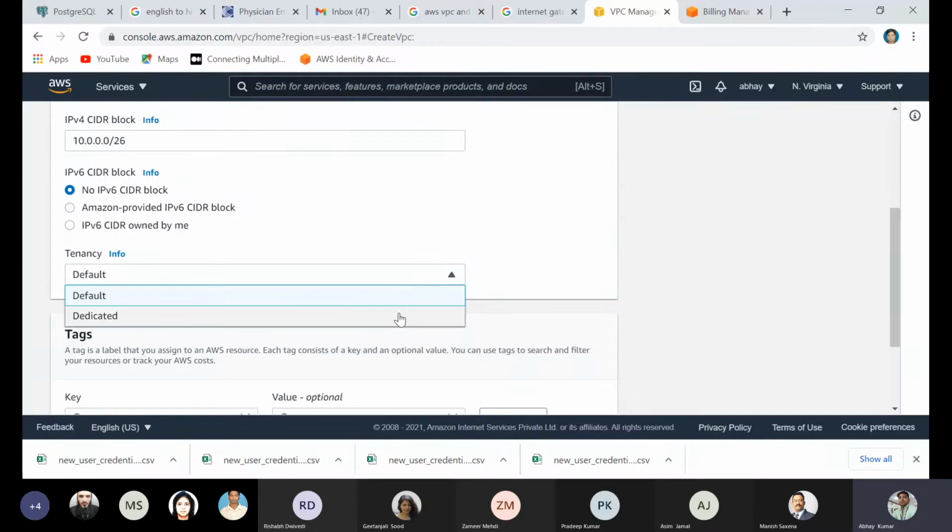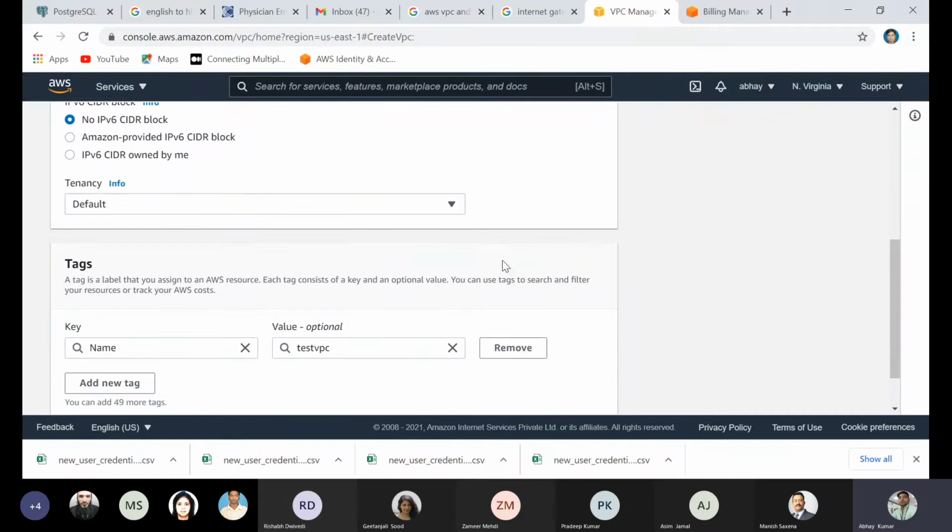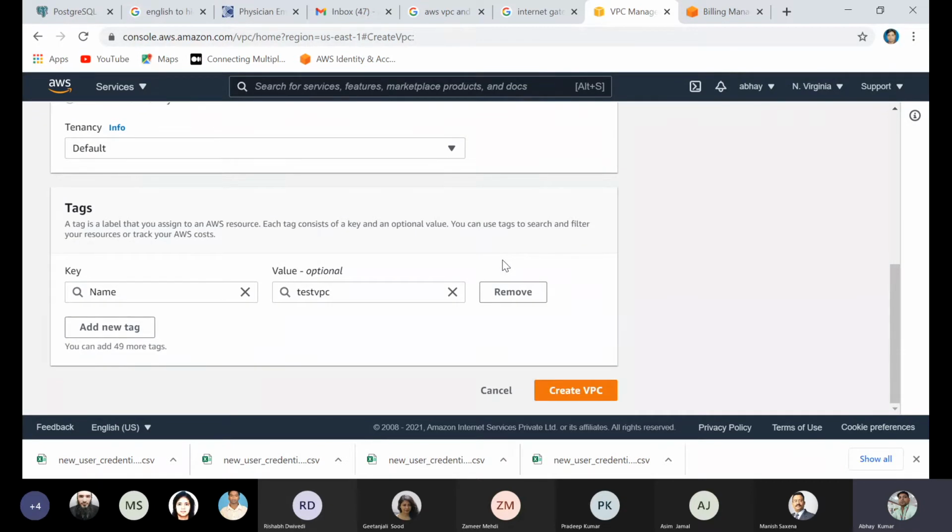If we go with dedicated, then your VPC will not be able to communicate with hosted or shared EC2 instances, because it is dedicated. So make it default always, and also as per your requirement.